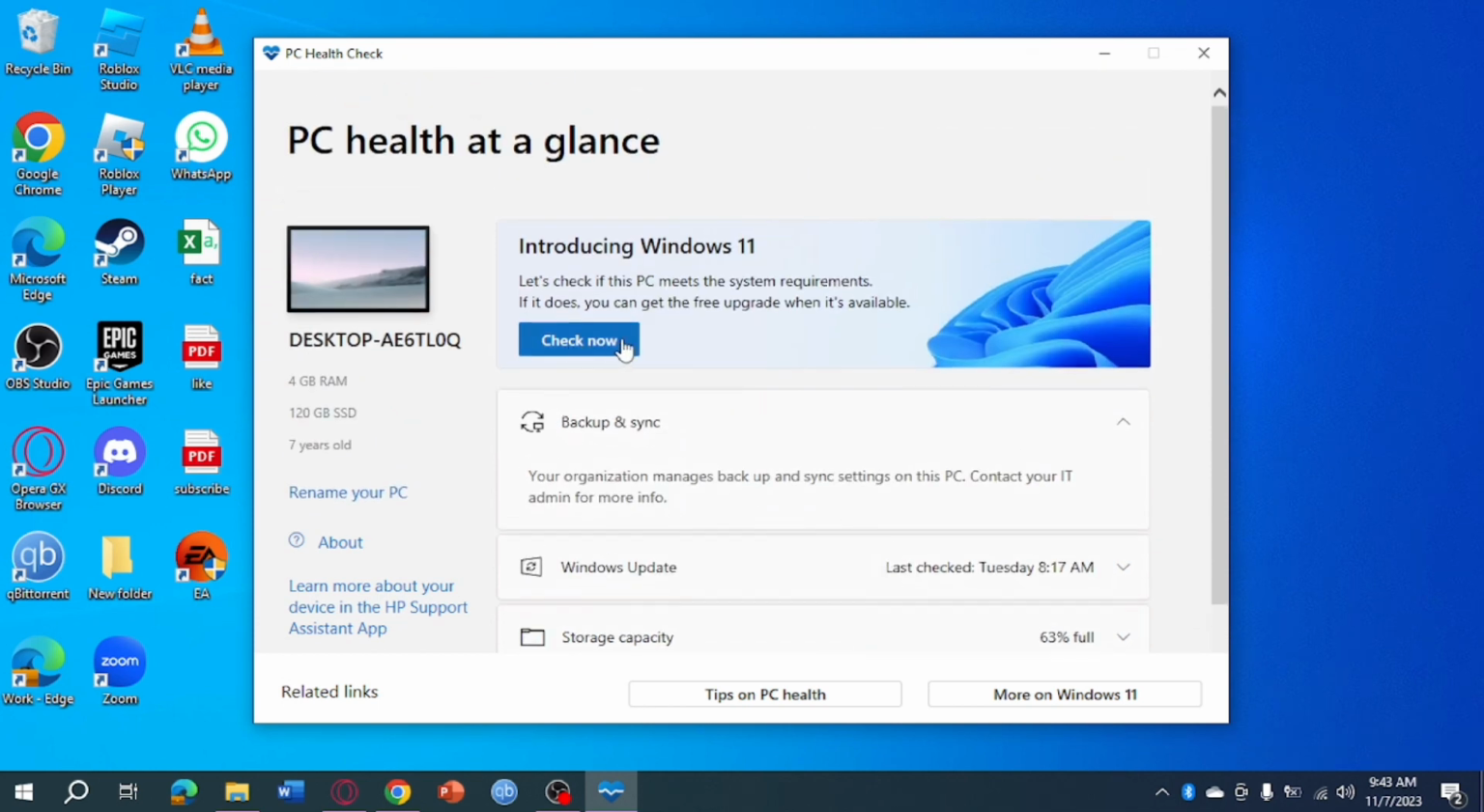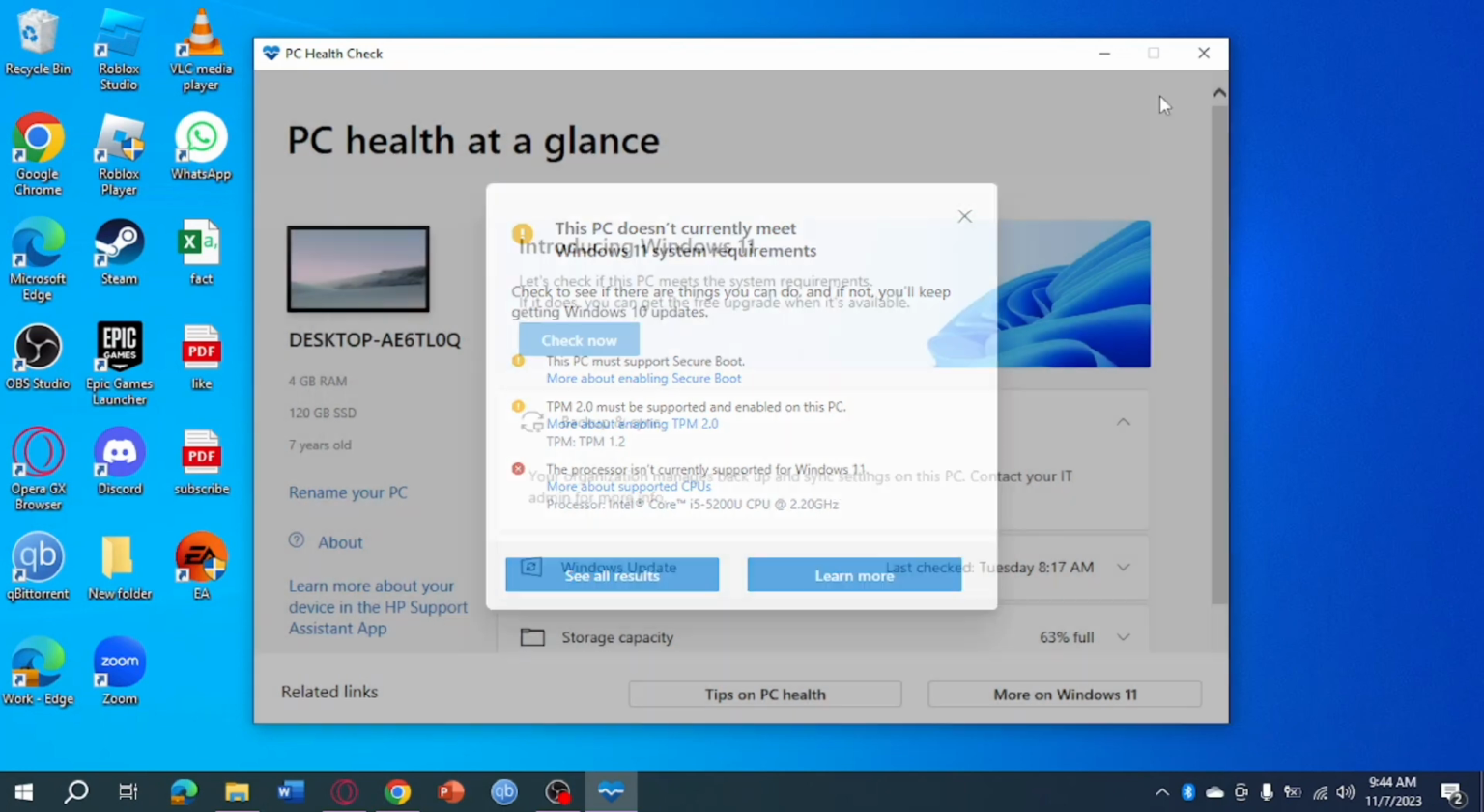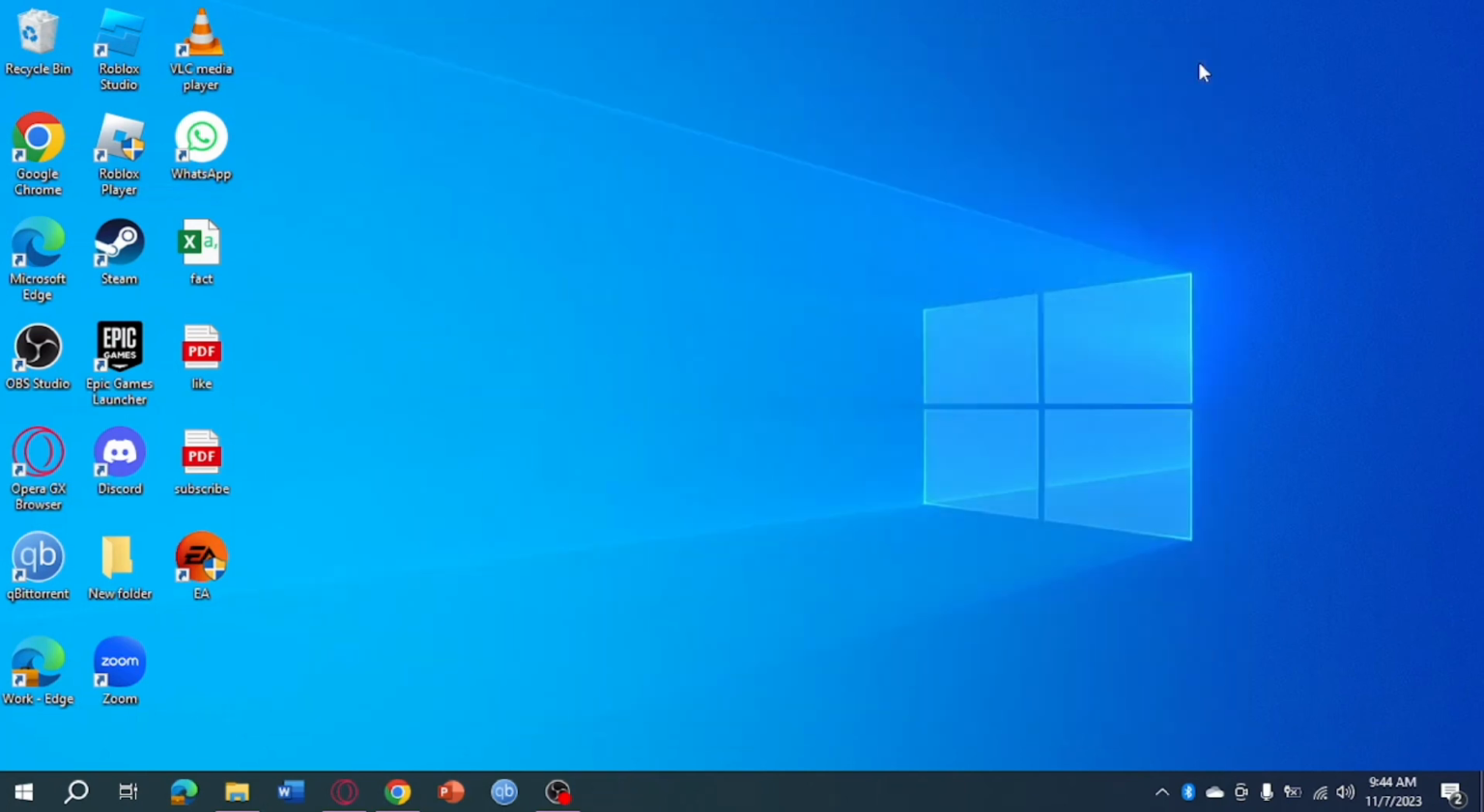You can also check in here if Windows 11 can be installed on your computer. So just click on this right here to check. And then once you have clicked on that, it will show you this. It will show you if your PC can meet the requirements or if your PC doesn't meet it. As you can see right here, the processor isn't supported for Windows 11 on my computer, so I cannot update it. But if your processor can support Windows 11, then what we need to do next is